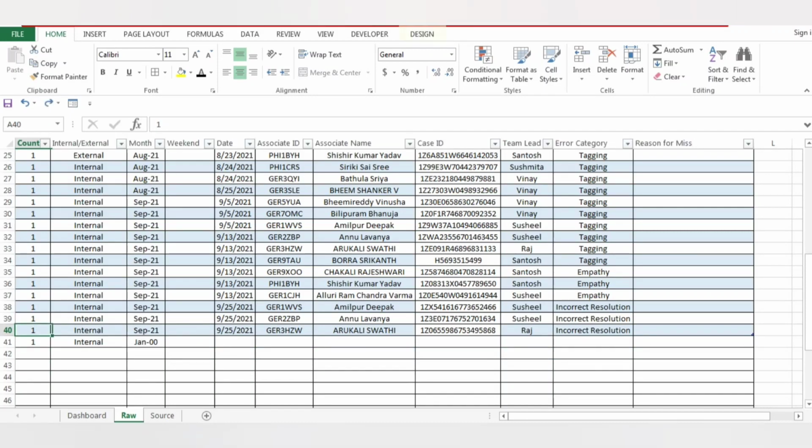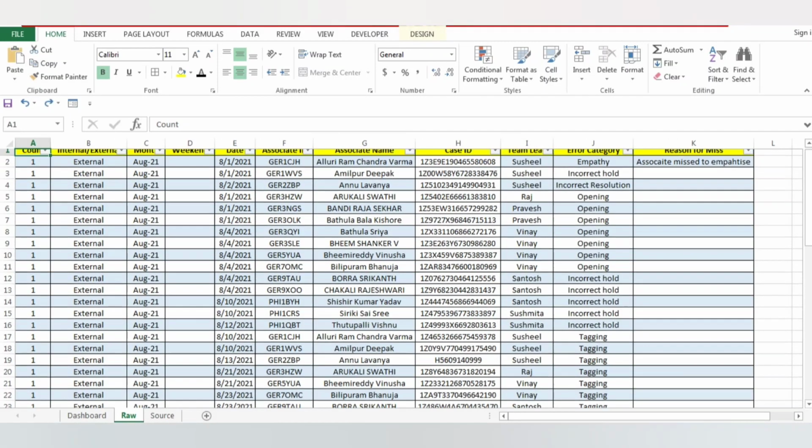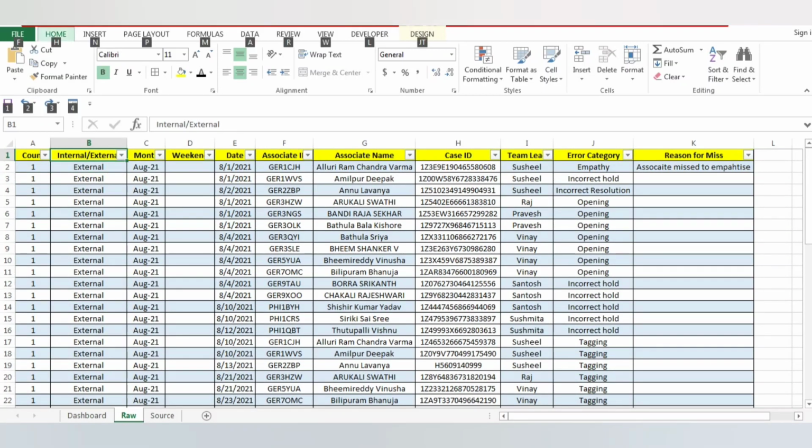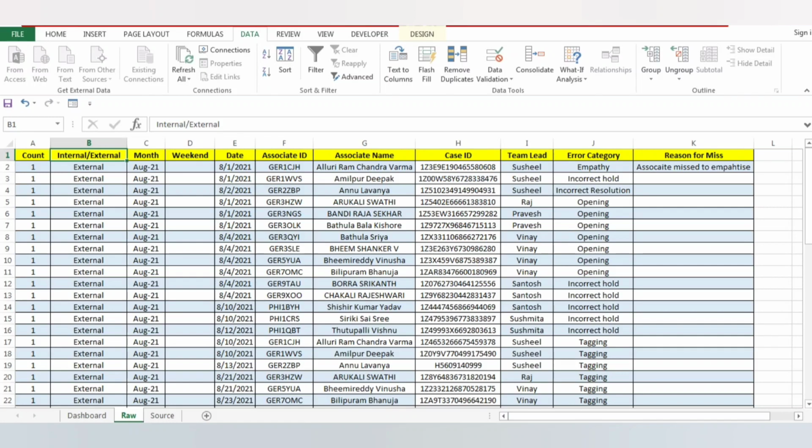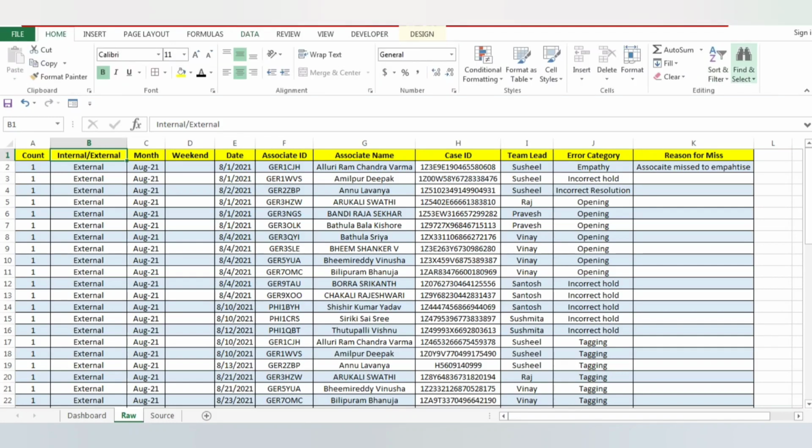Correct? Why we are using tabular format, I will explain later guys. Now automatically it took a filter also. We can remove the filter. Go to Home and click on Sort and Filter, and if you click on Filter again, it will take the filter. If you click on it again, it will just remove the filter.